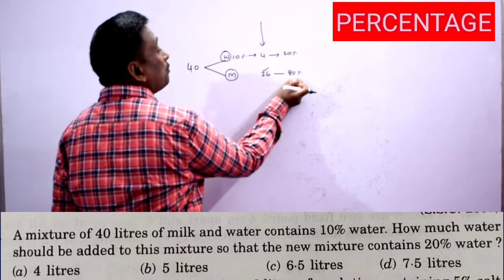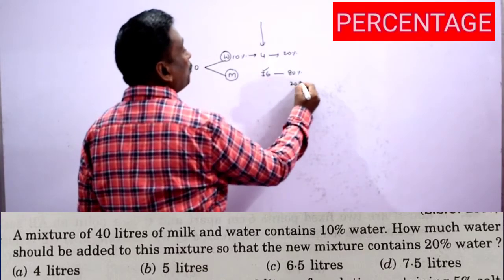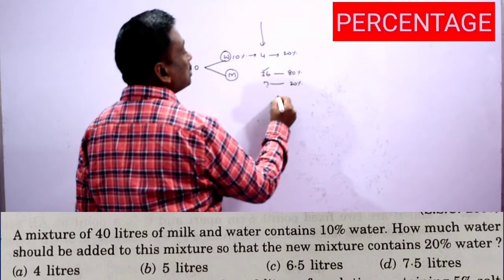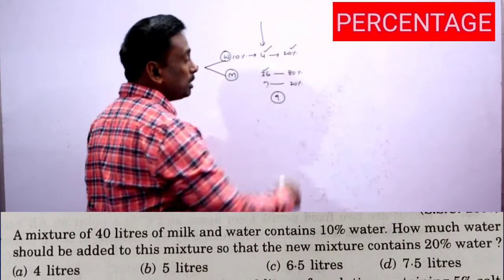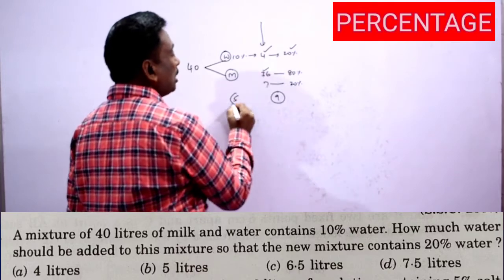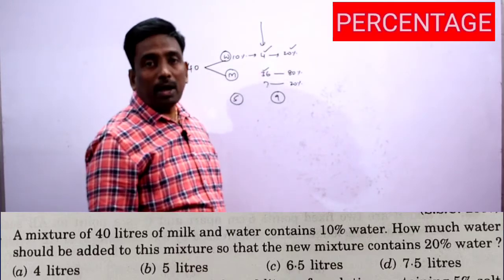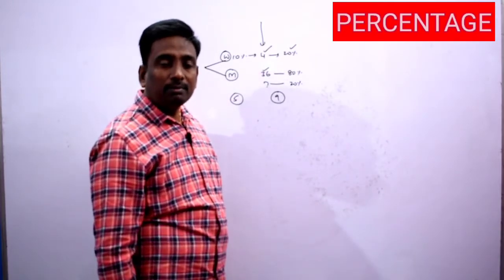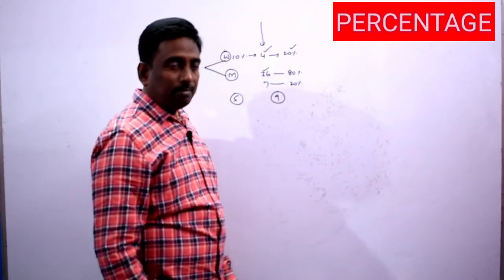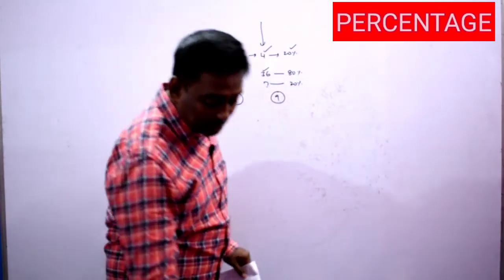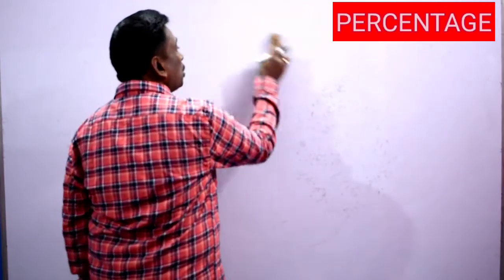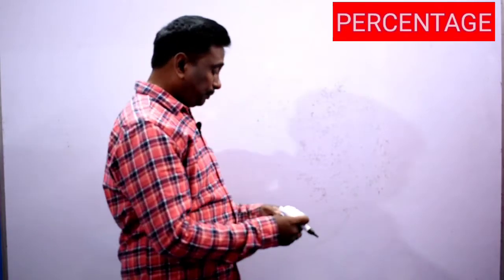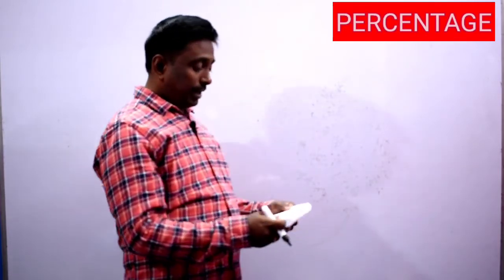The inner meaning is that there is no change in the quantity of milk. If milk is 80%, we have to find 20%. 20% means 9 liters. Already 4 liters are there, so we have to add 5 liters of water. Is it clear? This is a logical question. Actually no need to apply any formula in this case. Now move on to the next model.